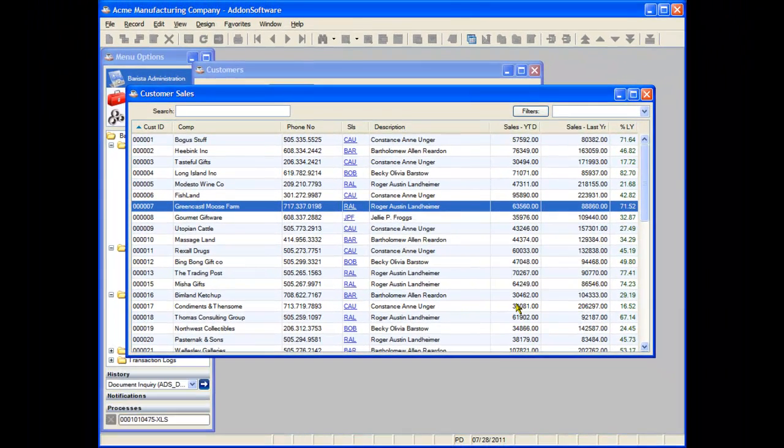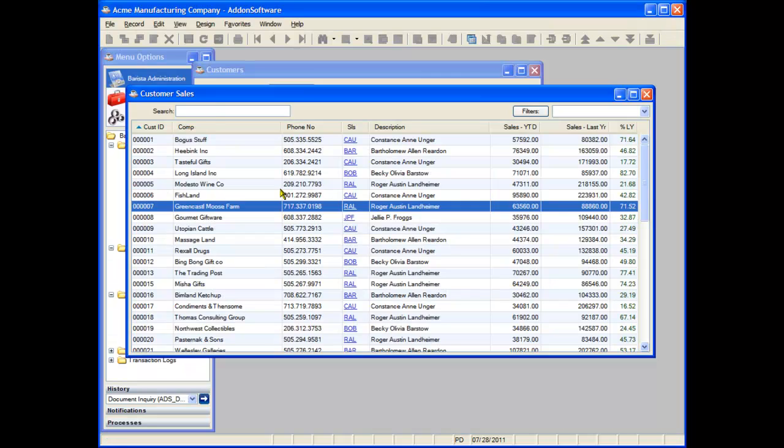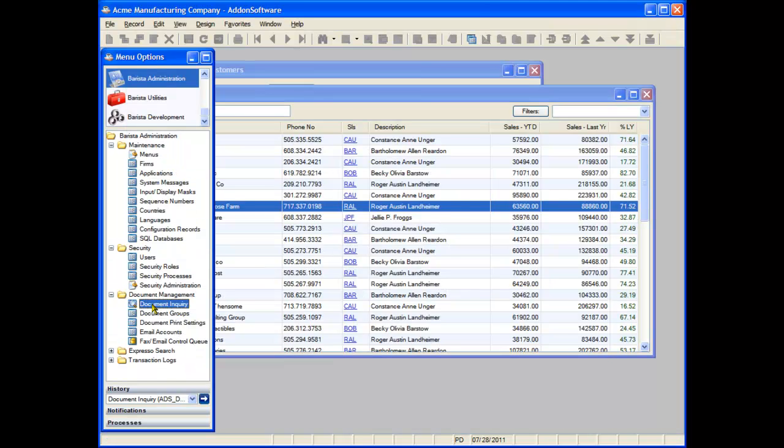This creates a native spreadsheet file that is launched directly by the application associated with your .xls extension. You'll notice the difference here. We've now got columns with the correct width and the correct format. This spreadsheet can be modified, saved, and then accessed at any time through the document inquiry system. You'll notice it's document 1010475. We can close Excel, launch the Barista document inquiry system,